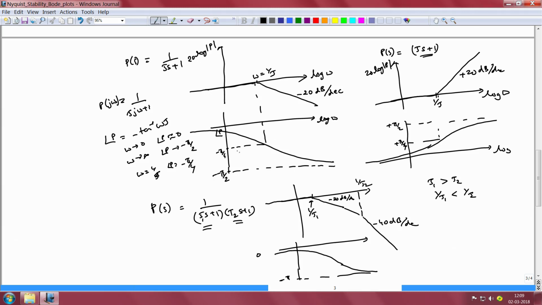It is worth noting that the phase curve does not have a simple intuitive shape unlike that of the magnitude curve, but as we discussed, this is not a major concern because we would see later that we can derive the phase curve directly approximately from the magnitude curve itself. So there is one other